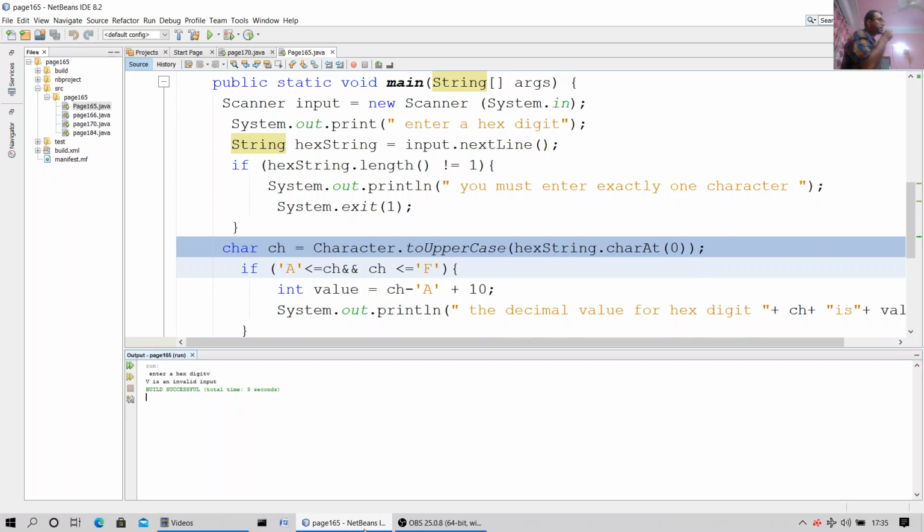But A in hexadecimal is 10. I'm sorry for that, it's not 1. Okay, B in hexadecimal is 11, C in hexadecimal is 12, D in hexadecimal is 13, E is 14, and F is 15 in hexadecimal. After that you can continue from, for example, like A, B, 7, C.